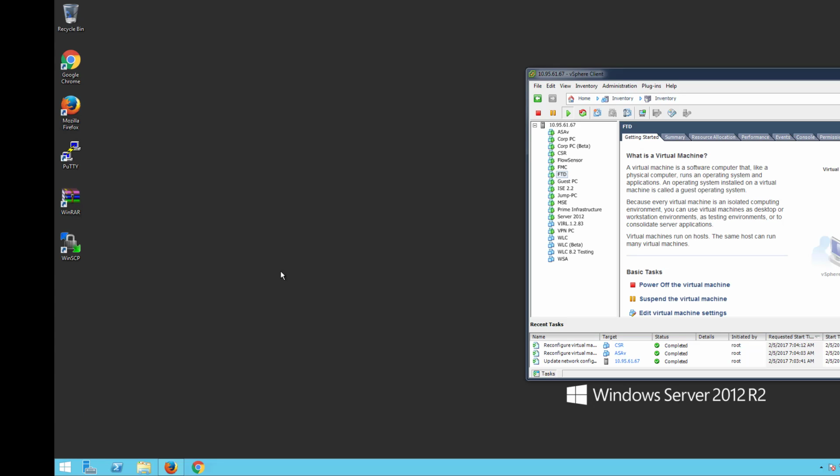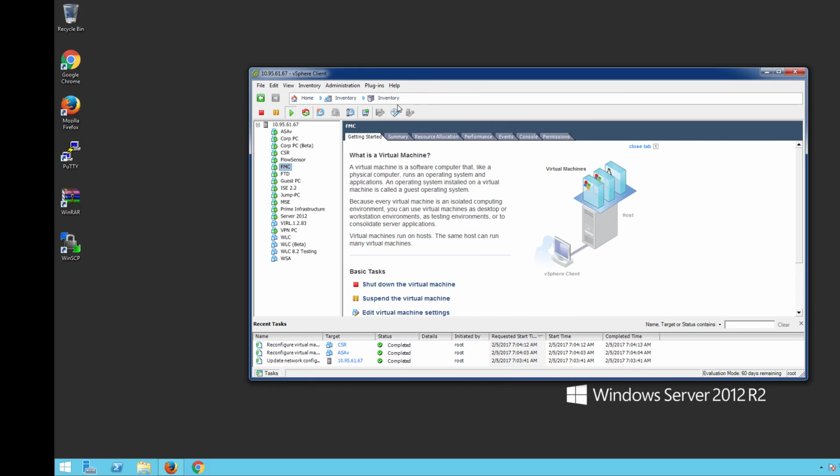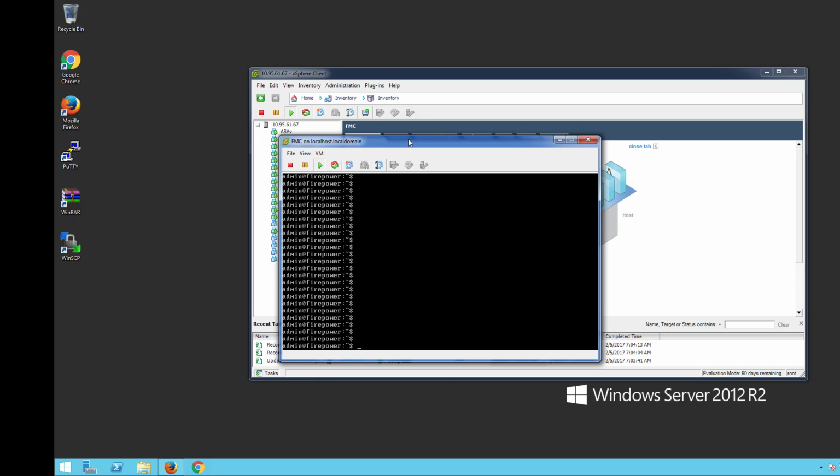So let me jump right into it. Let's start with Firepower Management Center first. So we'll pull the console up. The default username and password for Firepower is admin, and then capital A admin 123. So we're going to start with sudo configure network and give the FMC an IP address, and that's going to be